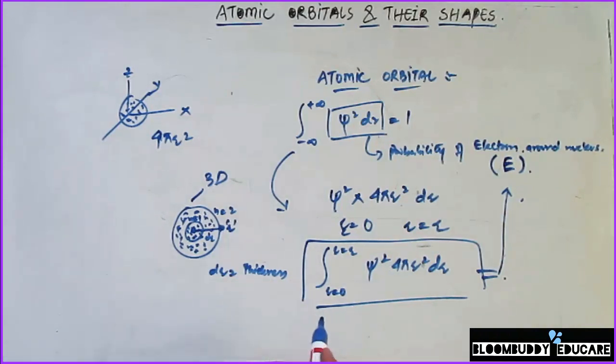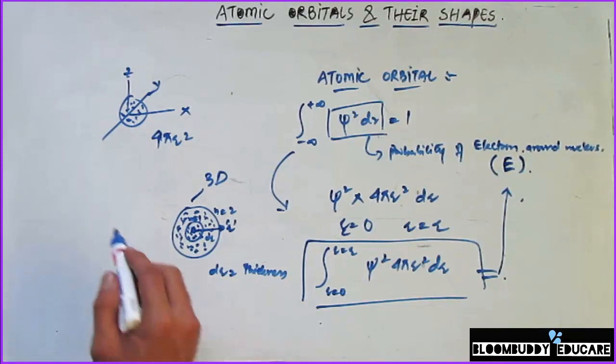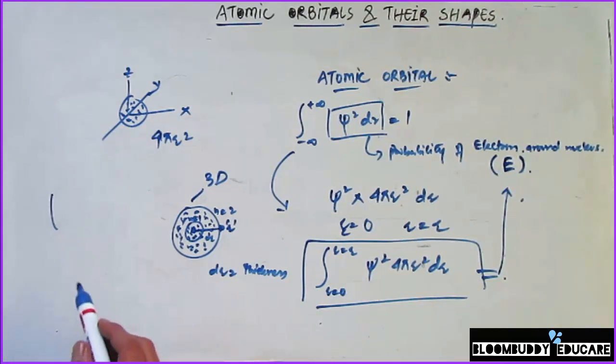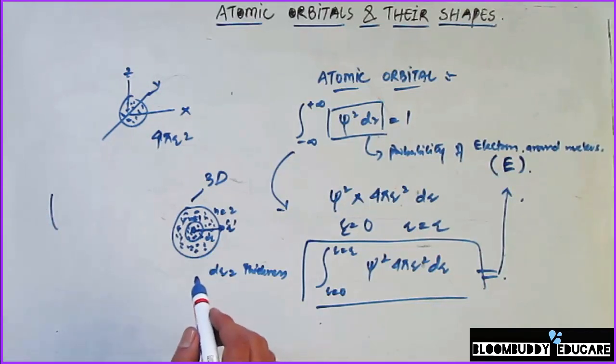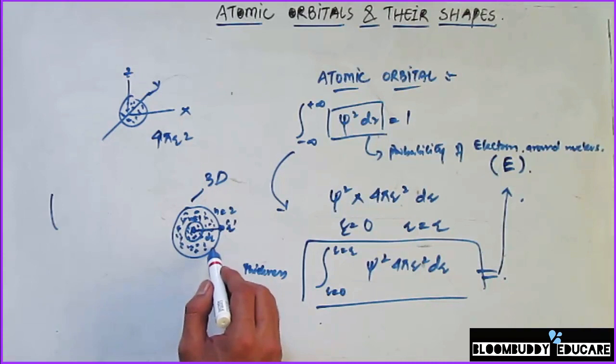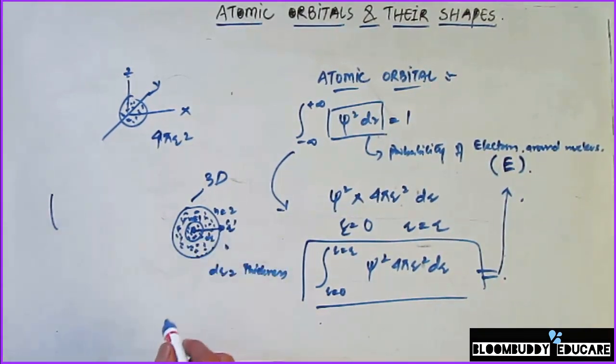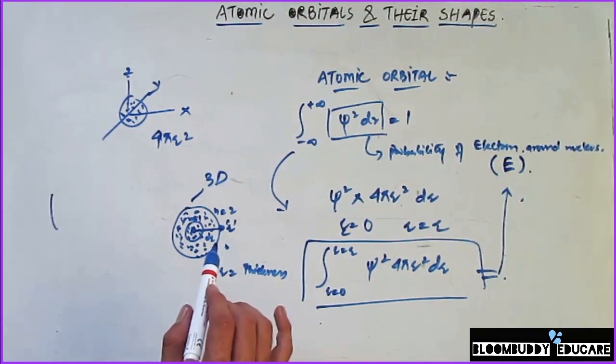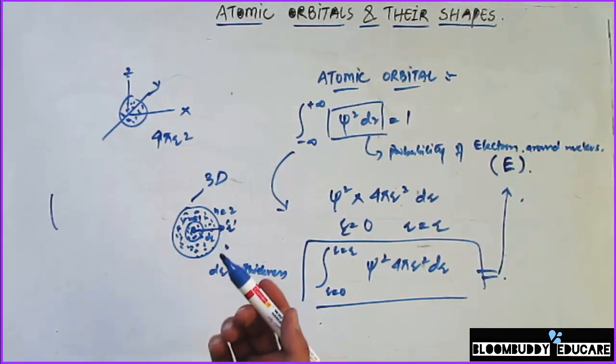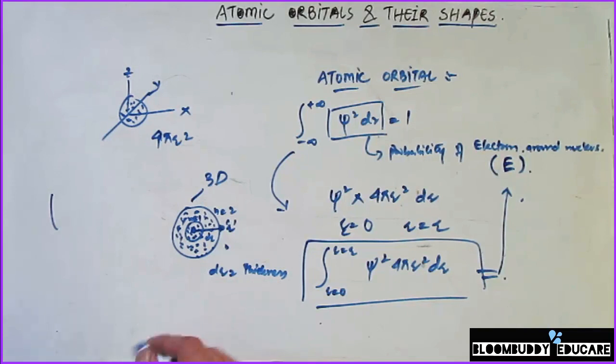So from this equation we can also deduce the concept of the atomic orbital, because so far we have been trying to understand from Bohr's model until the Schrodinger's model. We know about the shells, and the shells are the different definite energy levels wherein an electron always stays. But in case of orbital, if I represent this electron by a small dot, and I consider that this small electron also, as we know, has a wave nature and a particle nature.